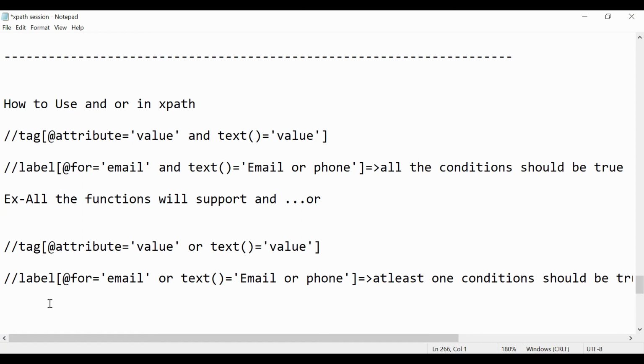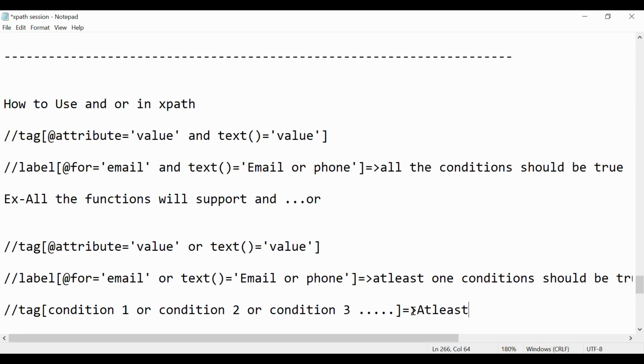Let's say tag and bracket condition 1 or condition 2 or condition 3, any number, likewise. So here at least one should be true. It should be matched if you are using the OR.